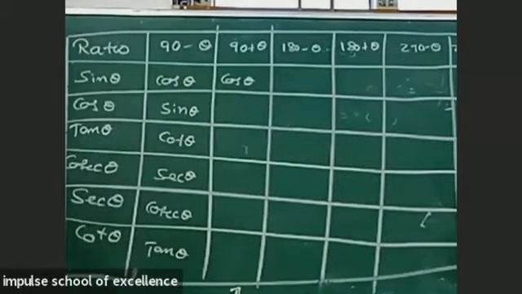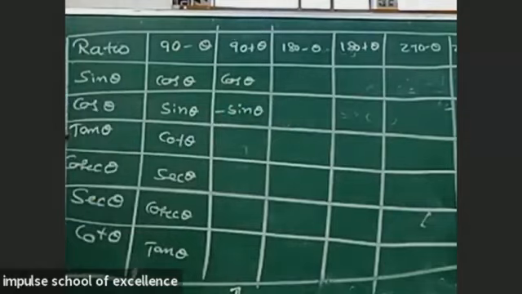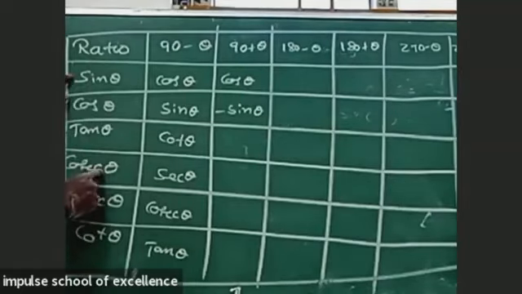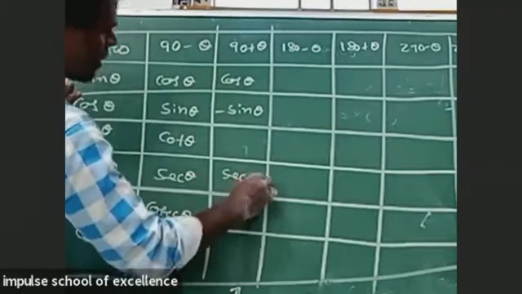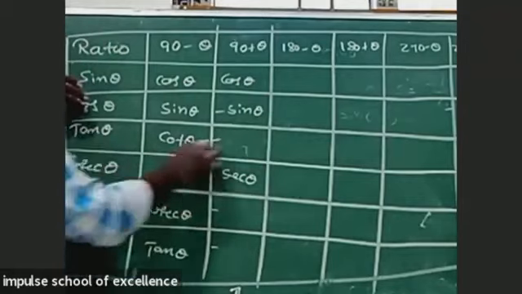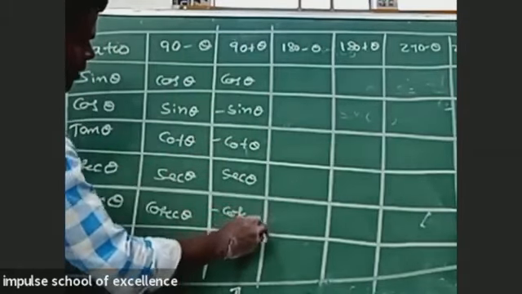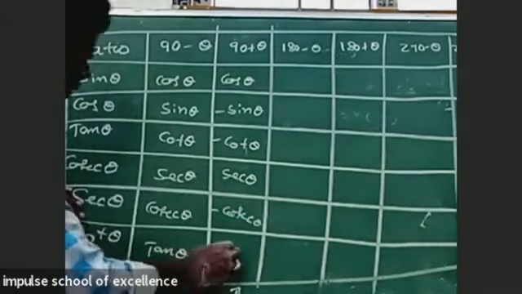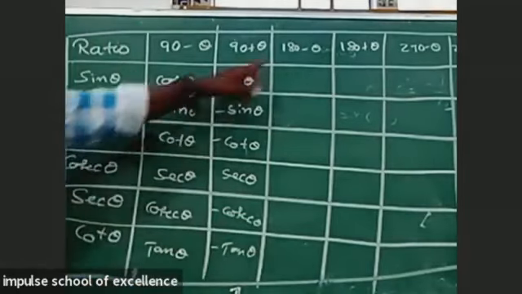Yes, very good. And it is minus sin theta. Very good. Minus cos theta. Yeah, one second. Here we are getting only sin theta and cosecant theta positive, and 90 is there. So take it as positive and the remaining all negative. You can remember, right? So tan theta is going to convert to cot theta. Secant theta is going to convert to minus cosecant theta. Cosecant theta to minus tan.